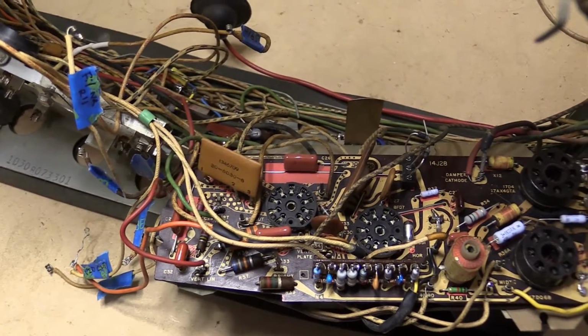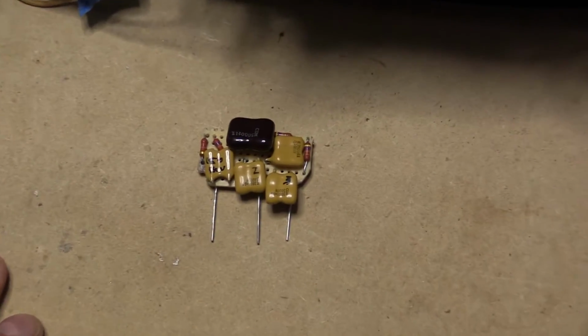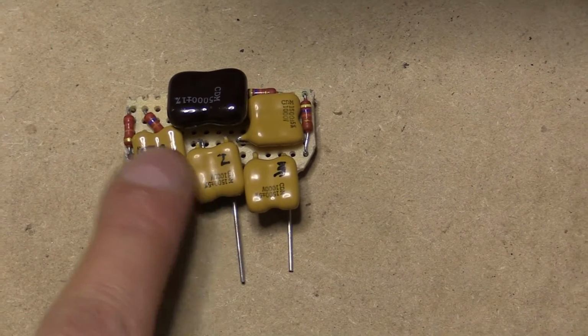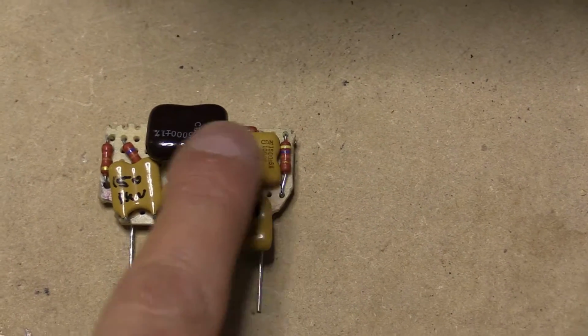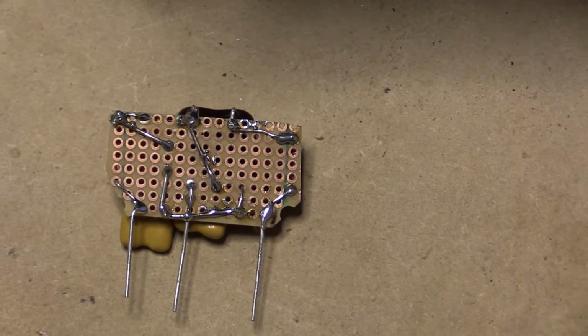So I'm going to have to get that back in there. In the interim, before I discovered that, I did happen to build one of these K3s, and I had these 1000-volt micas, and had a lot of fun trying to fit all of this into about the same space. It was kind of an interesting test. Now I do have ceramics that I could use that would all fit on here, but again, you know, I watched that Mr. Carlson's Lab, and